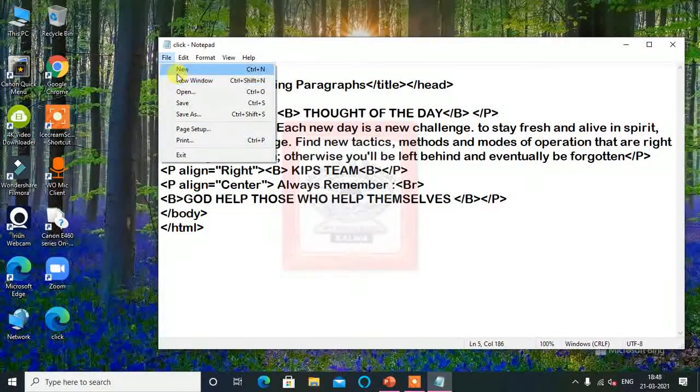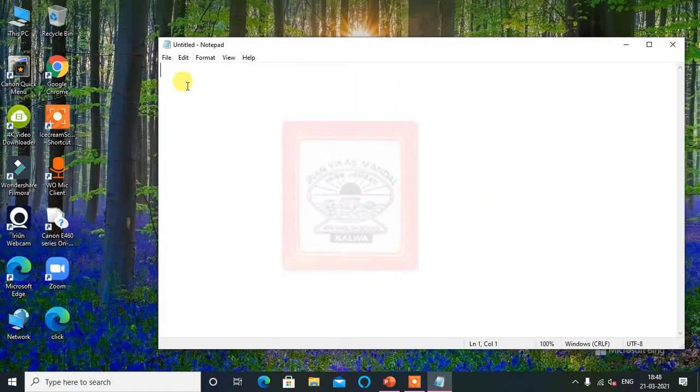Now I will open a new file here, and in this I have to type a new web page. Heading, head, title, hyperlink example and linking.